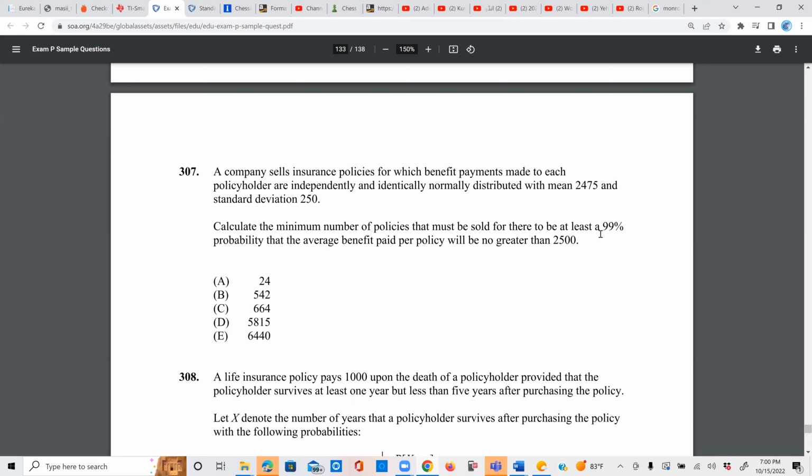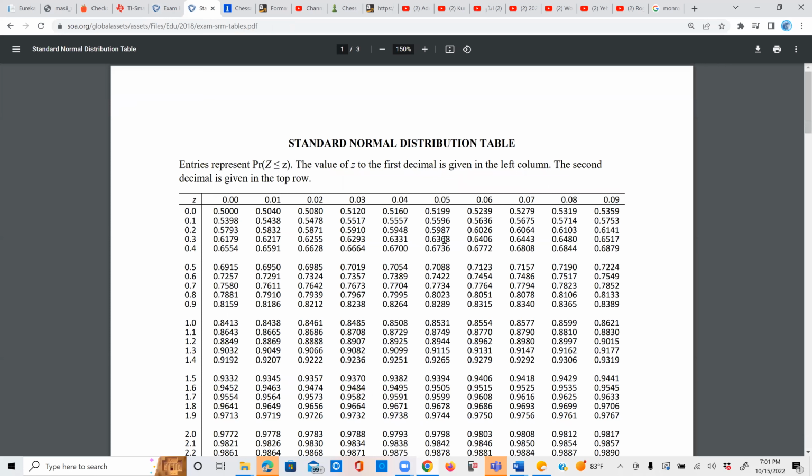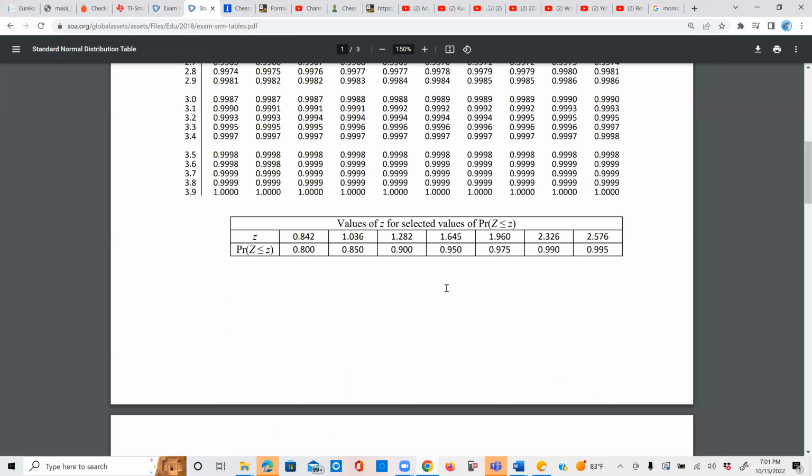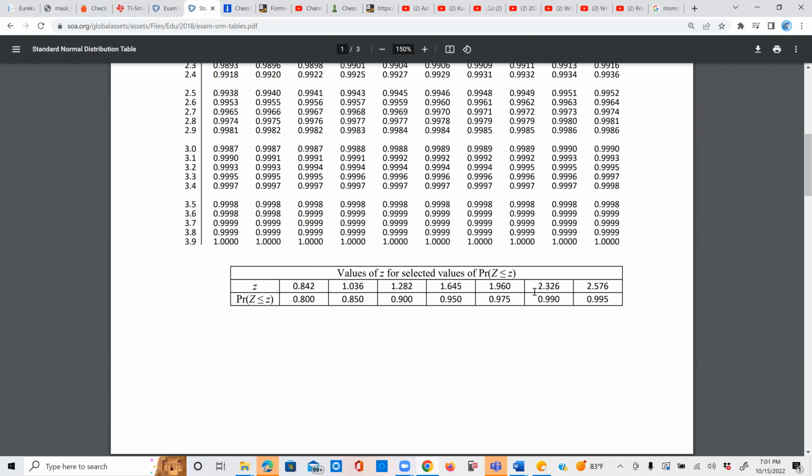The next step is to find the z-score corresponding to a cumulative probability of 99%. From the tables, we can use this bottom row, which conveniently describes some of the commonly used values. So for 99%, a cumulative probability of 0.99, we have